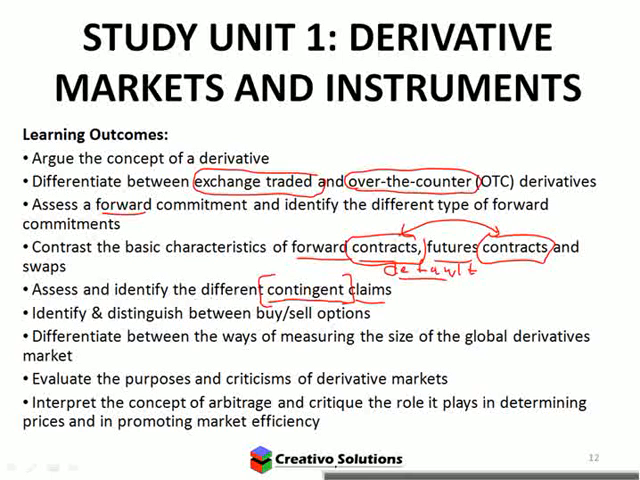We'll also look at distinguishing between buy and sell options. We'll measure the size of the global derivatives market. That's nice to know, it's quite interesting. And we'll also look at criticisms of that particular market. We've obviously heard of Lehman Brothers and the crisis and credit default swaps. Lots and lots of criticism for this particular market, but also lots and lots of praise for this particular